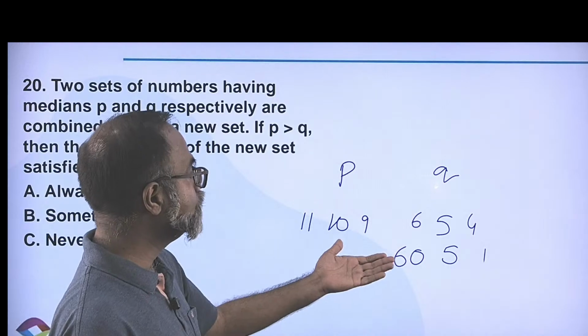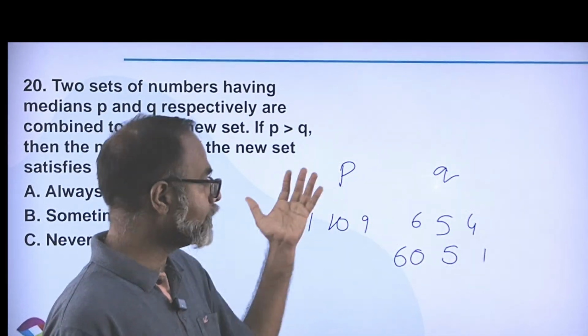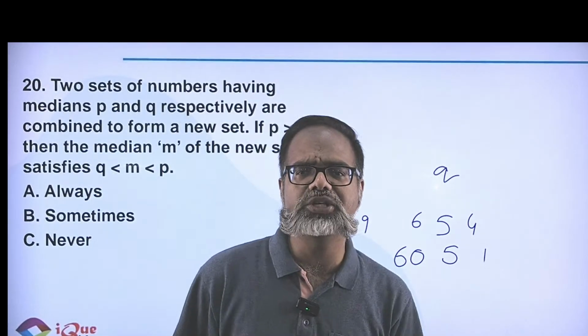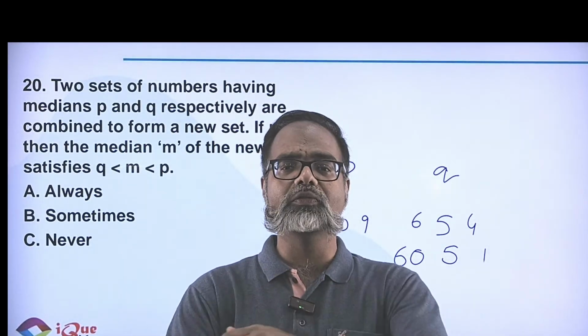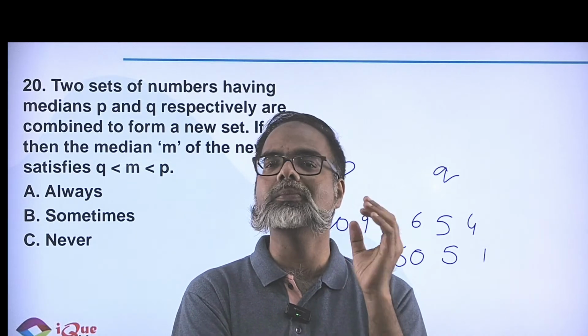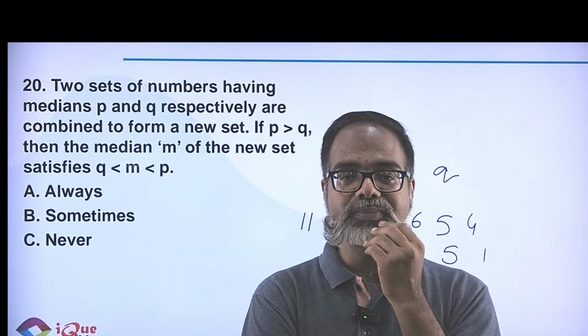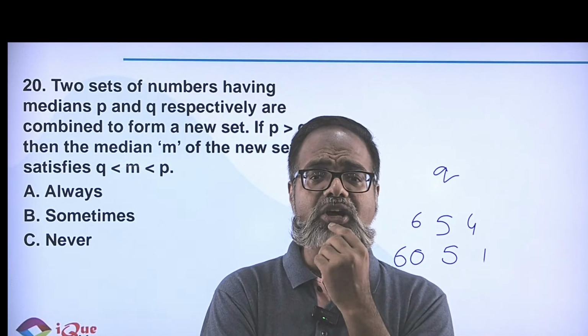Right? So I do not know whether the entire set is less or more or what. I could have a combination of numbers where things go for a toss. So although I'm not very sure about what to mark, I cannot guarantee that this will always be true or never be true because I can always work around with numbers.